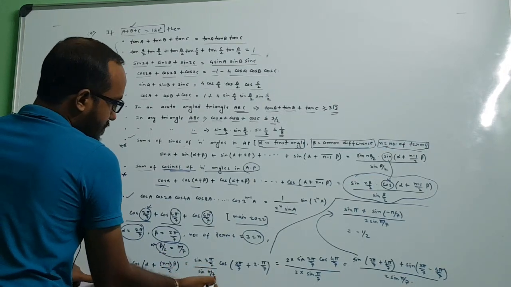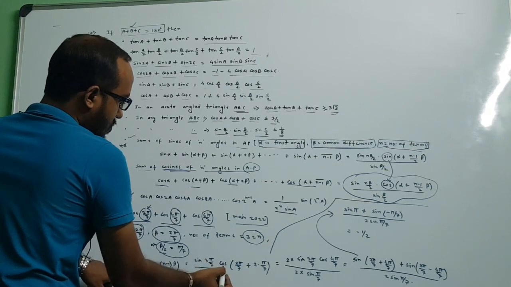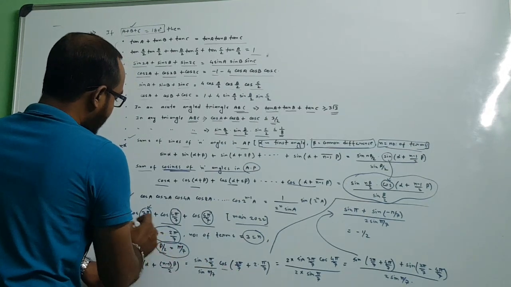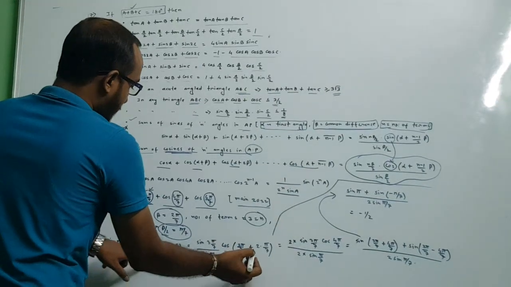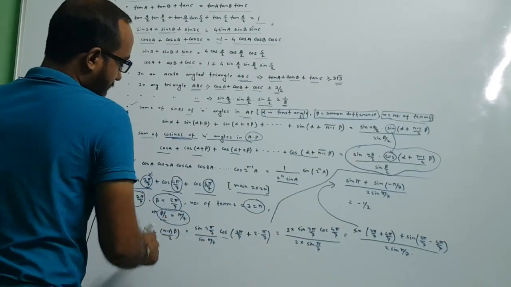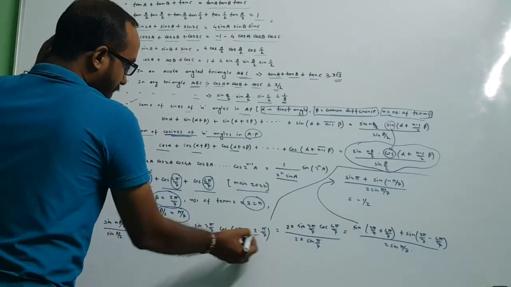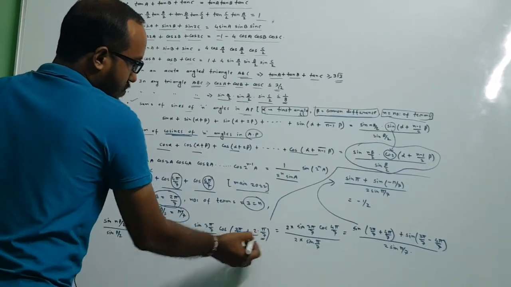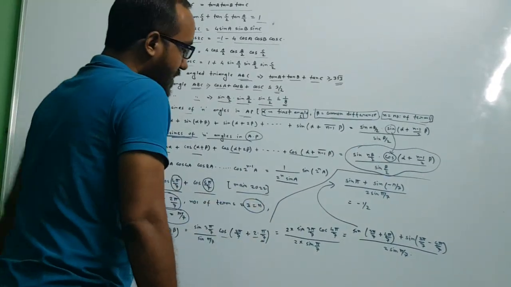By sin of beta by 2, pi by 7, into cos of alpha. What is alpha? Alpha is the first angle, 2 pi by 7 plus (n minus 1). N minus 1 is 3 minus 1, that is 2, and beta by 2 is pi by 7, times 2, so 2 pi by 7. Now just simply